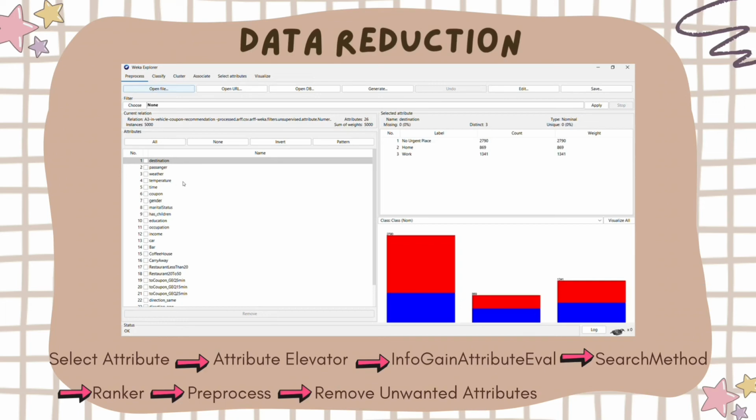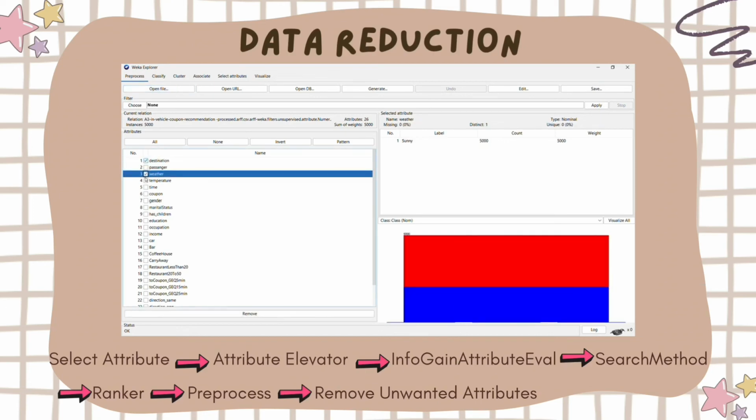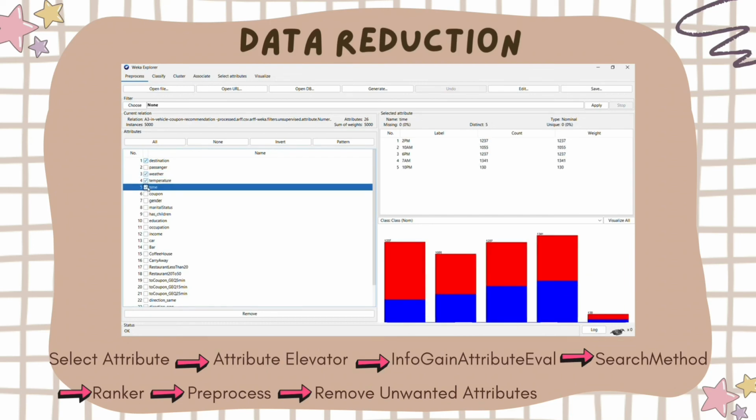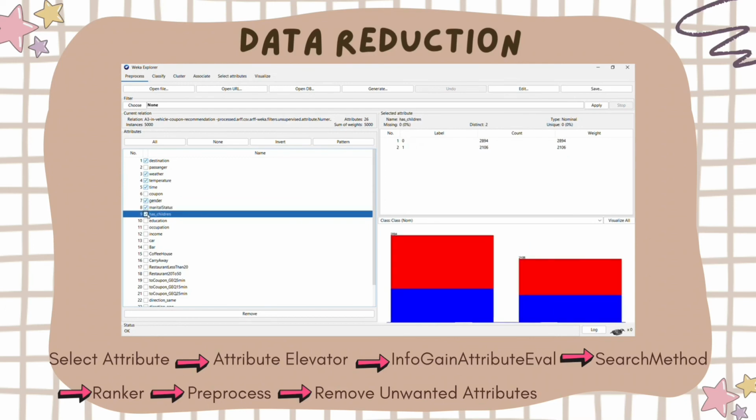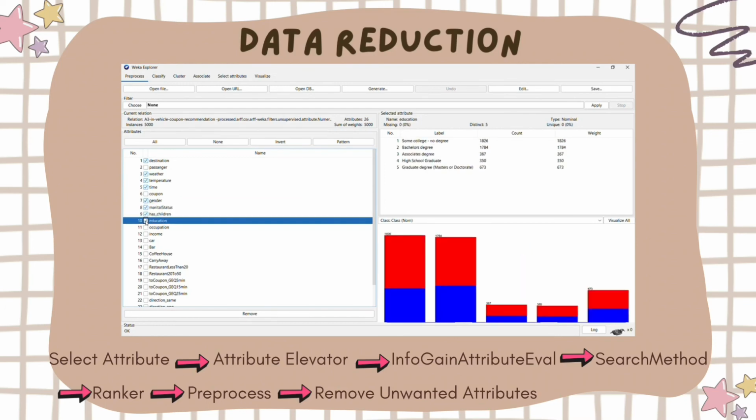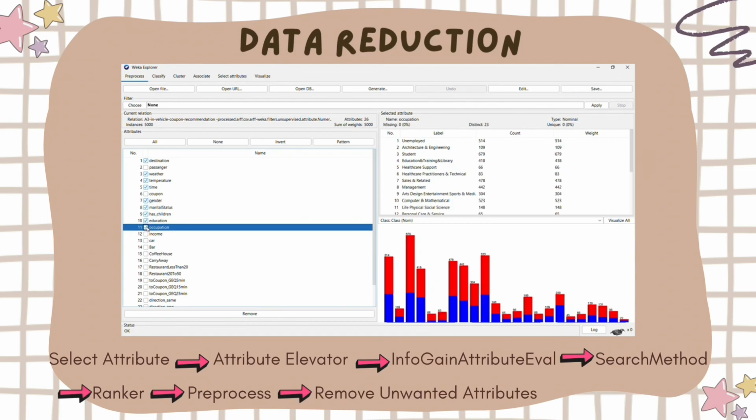Here we can remove the attributes that we don't want based on the paper of our data set, or anything that we see doesn't really interfere with our data. For example, in my case, I'm going to remove destination, weather, temperature, time, gender, marital status, has children, education and occupation, and also car,